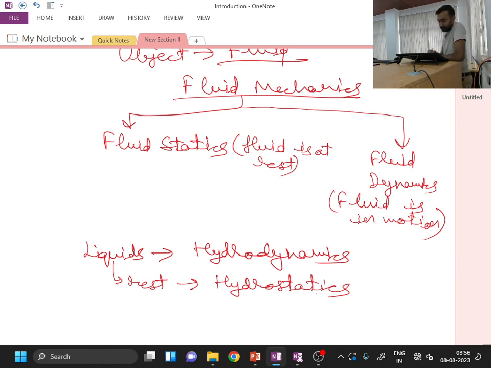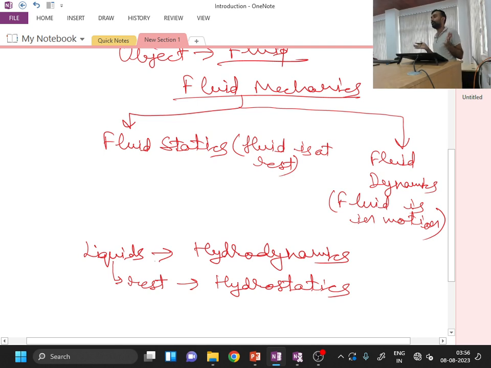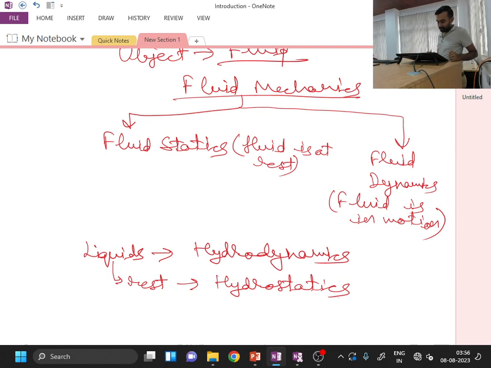So one of the criteria which I have mentioned over here is that if you are only dealing with a special type of fluid and that is a liquid, then I will be calling it as nothing but hydrodynamics. If I am dealing with liquid at rest, then I will be calling it as hydrostatics. If I am dealing with